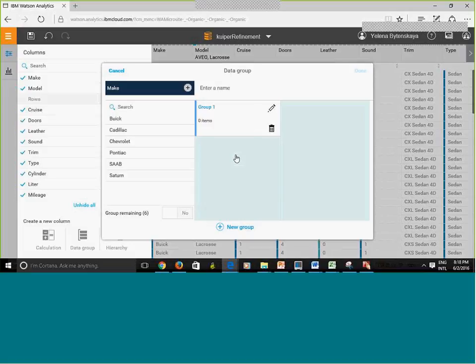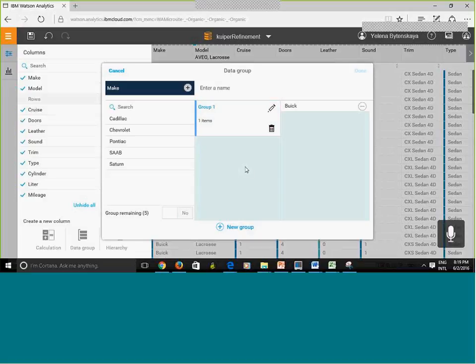I'm gonna hit OK, and suppose that the cars with the make Buick belong to the first group, so I drag and drop. Then I can add another one, Saturn. I'm gonna drag and drop.